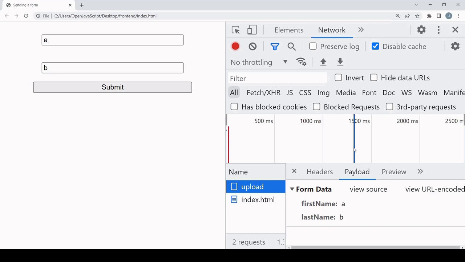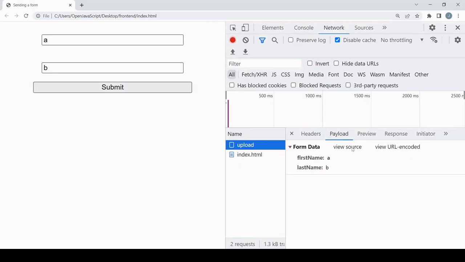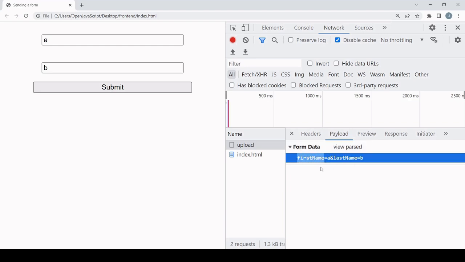So I'm just going to zoom out a bit here so you can see it. If we view the source, this is the URL encoded string with the name of the first form item, followed by the value, and then the name of the second followed by its value. So this is a very compact and efficient payload,